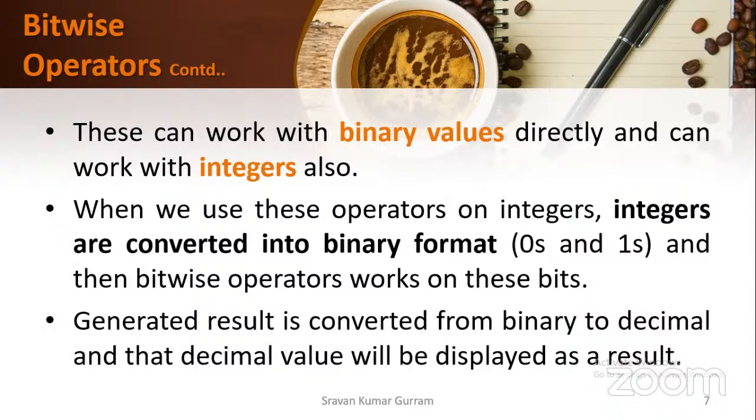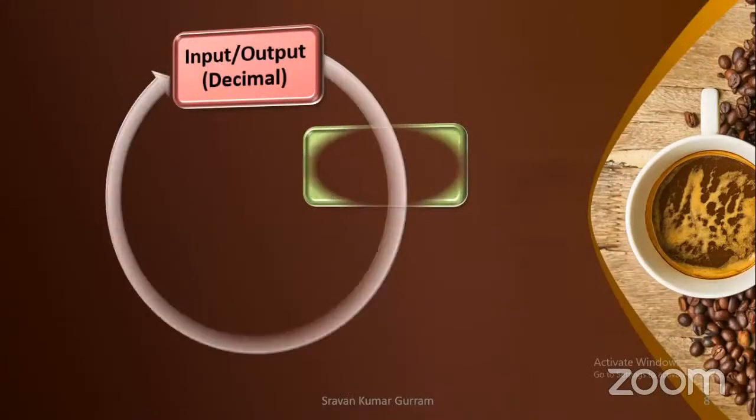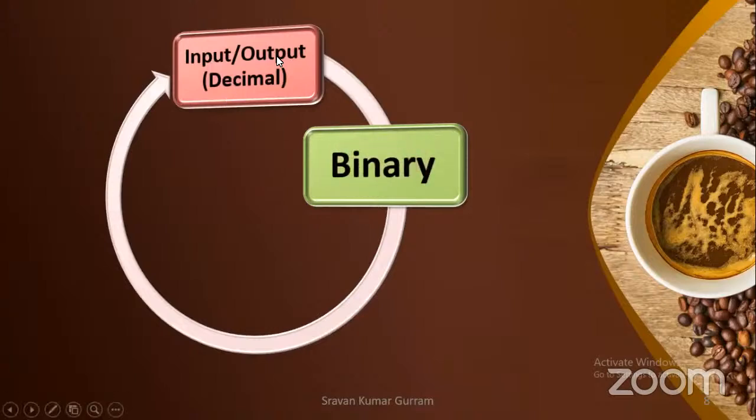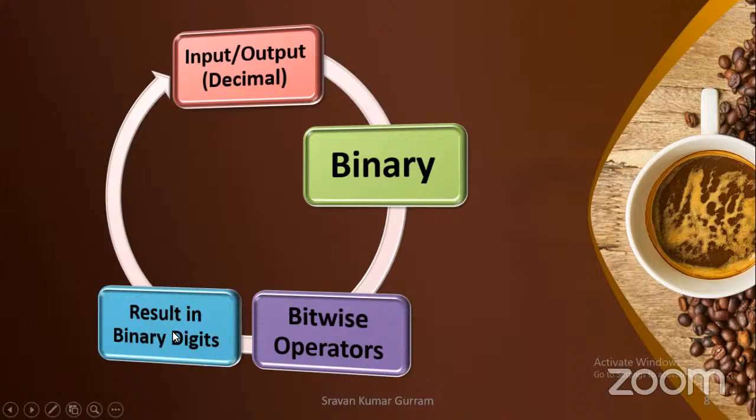As I said already, if you enter integer values, that will be converted into the binary format. Otherwise, directly you can enter the binary values as the input. And this is about that point only. If the input is an integer value, that is a decimal value, that will be converted into binary first. After that, the bitwise operator starts working on the binary values, and the result will be generated in the binary